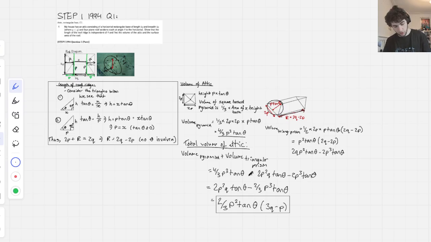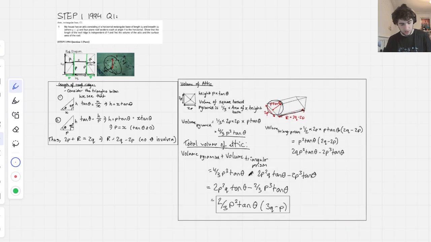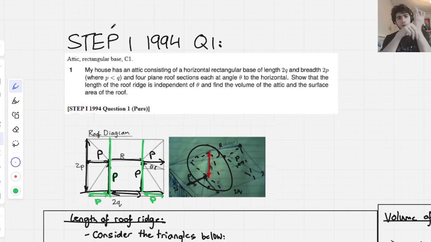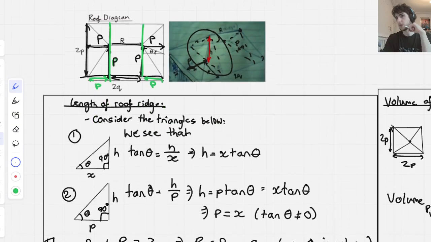There's only one more part of the question that we have to do, and that is we have to find the surface area of the roof, right? So you just zoom back into the question. So show the length of the roof is independent of theta, we've done that. Find the volume of the attic, we've done that. Now we need to find the surface area of the roof, and the way that we have to do that